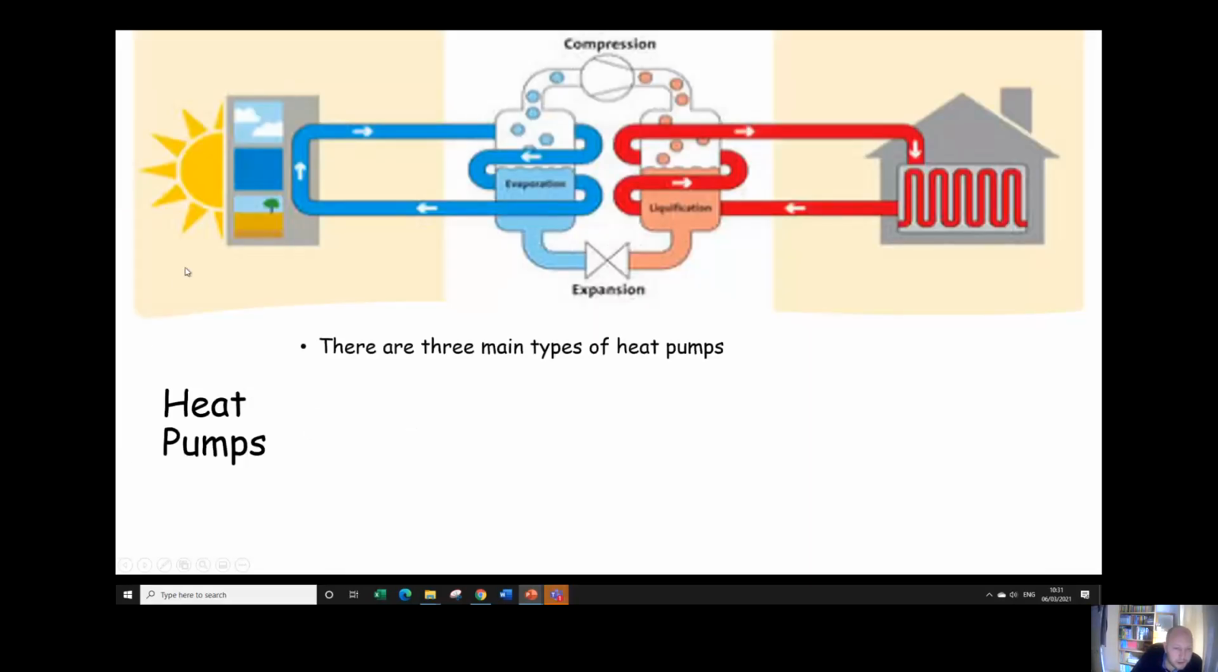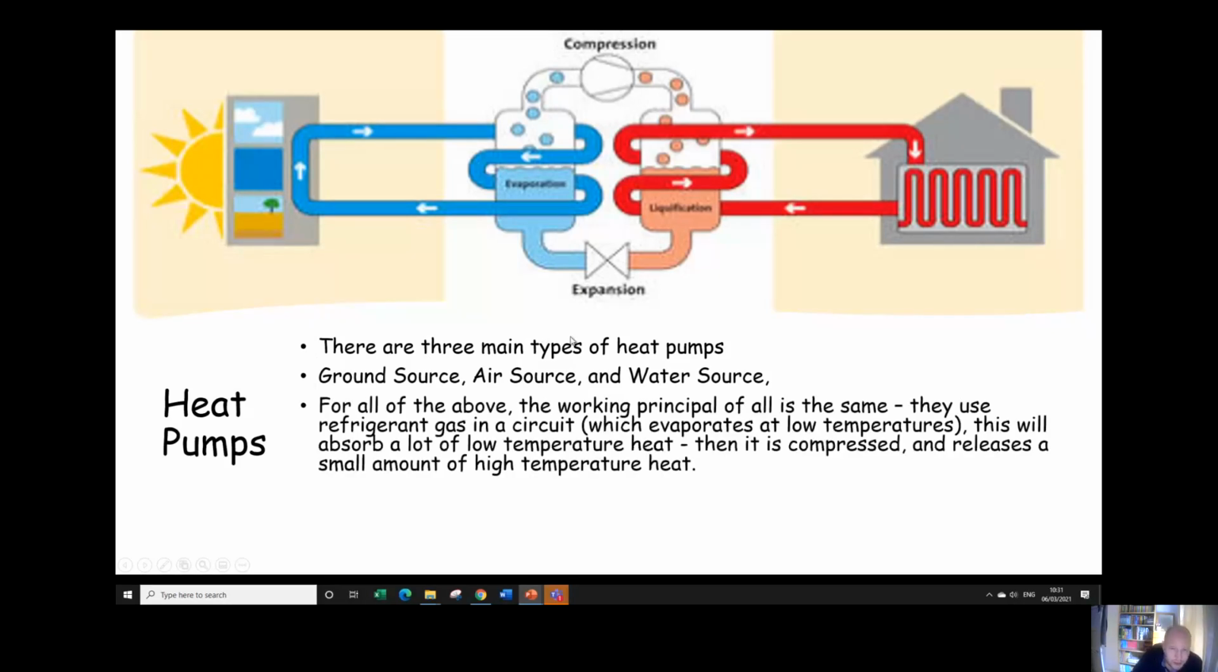Heat pumps we're going to look at now. There's three main types of heat pumps: ground source, air source and water source. This literally just refers to where they are obtaining the heat from. Essentially, a ground source heat pump obtains the heat from the ground, air source from the air, water source from water, for example, a lake or a river. They all use the same principle. They take heat from the heat source, and this doesn't need to be particularly warm. You know, I mean, it could be sort of 4, 5, 6 degrees